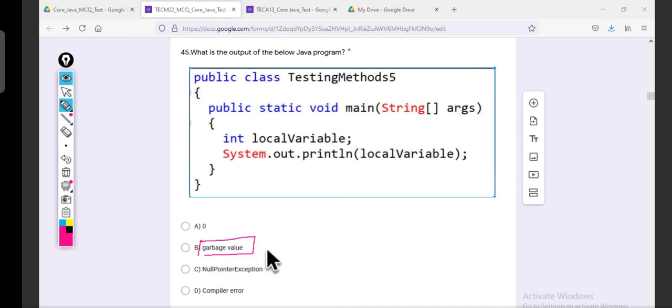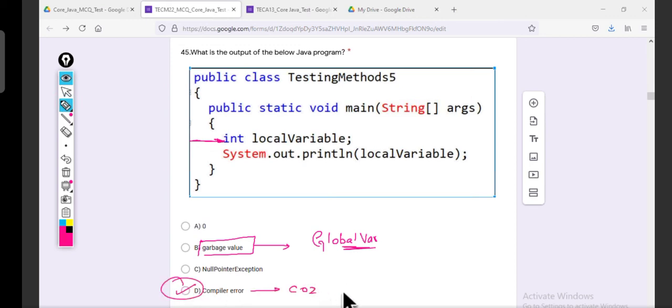Garbage value is applicable only for global variables. And in the question, I gave a local variable. I only gave the name as local variable. It is not initialized, but still using it gives an error. Error is the right answer.